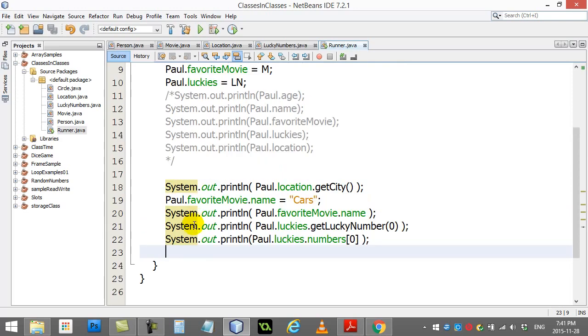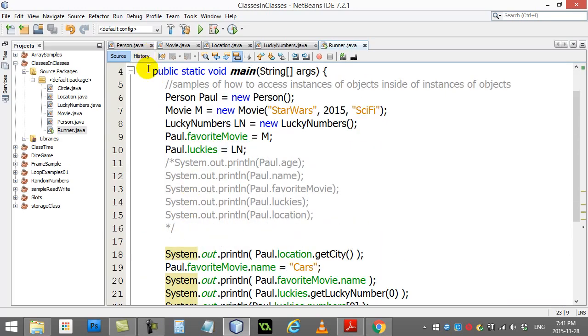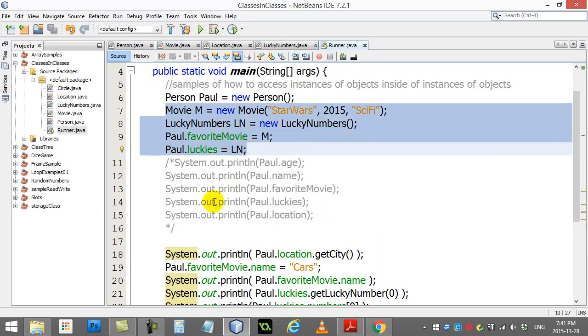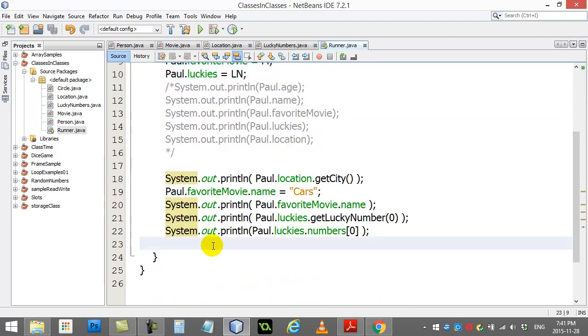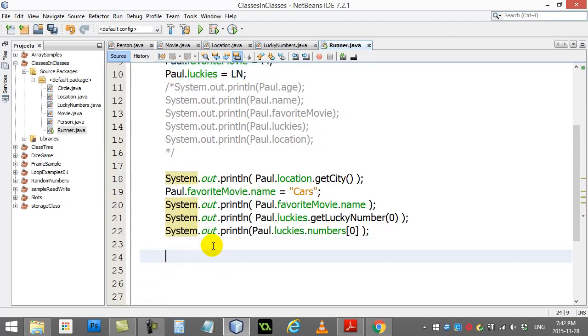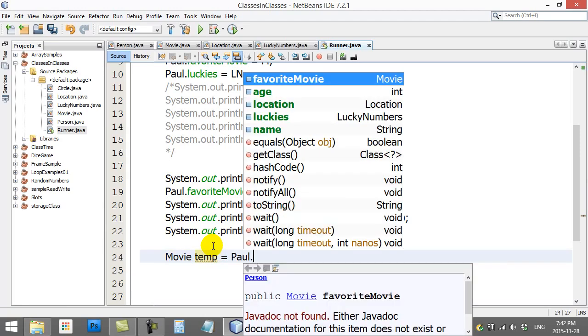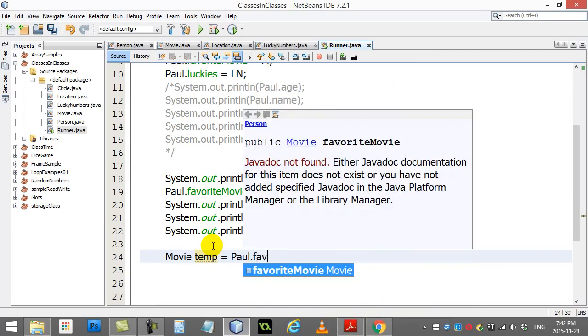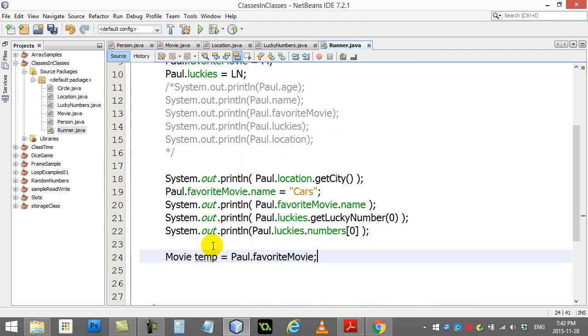So here in my runner, what I had done is I had given Paul a couple objects, right? And he has objects. Now what I want to do is just show you that you can do stuff like this. I could say Movie temp equals, hey Paul, give me your favorite movie. This here, totally fine. And now you could take this reference to Paul's movie and you could start to use